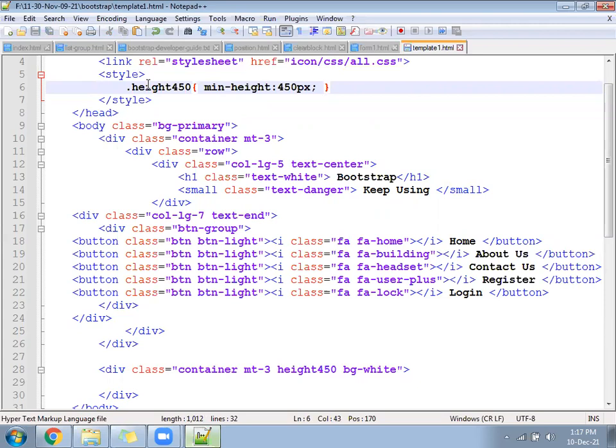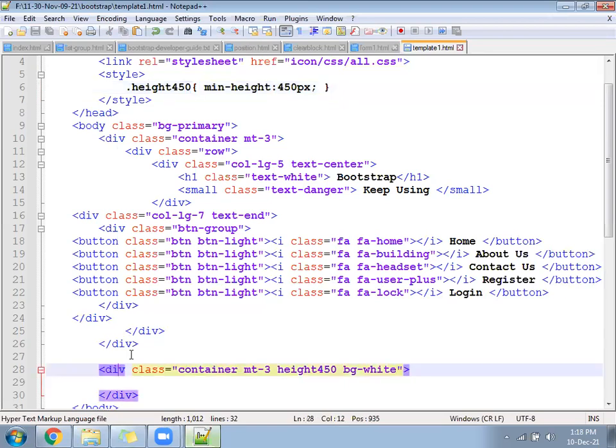Blue will be on the top, blue will be at the last, and white will be in between. We wrote the height 450 class, and inside it min-height 450.